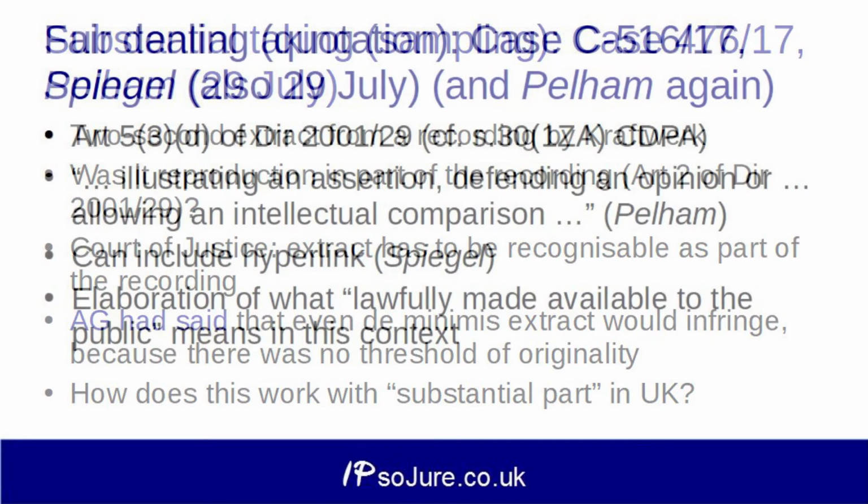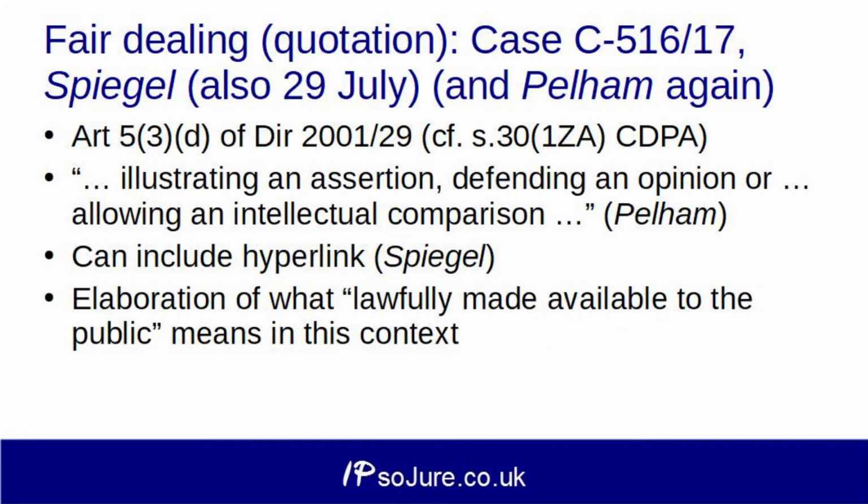And it leaves us with very interesting questions about how this is going to work in the UK, where we don't talk about reproduction in part, we talk about taking a substantial part of the sound recording. Again, the fact that sound recording is protected without any originality requirement in the UK, other than the not copied requirement, could lead you to the same conclusion. It's a bit complicated because there's not only going to be a sound recording copyright involved, but there'll also be a copyright in a musical work, and that is going to produce a rather different answer because originality is important there. But at least the use of the word substantial in the UK statute opens the door to applying a quantitative test,